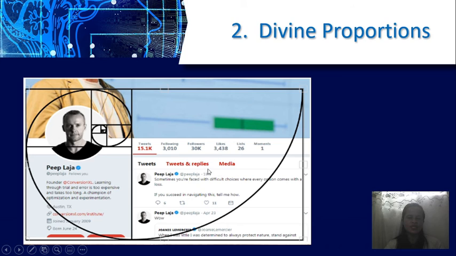So that is a divine proportion based website. That is how you are going to compute the width and layout of your website.